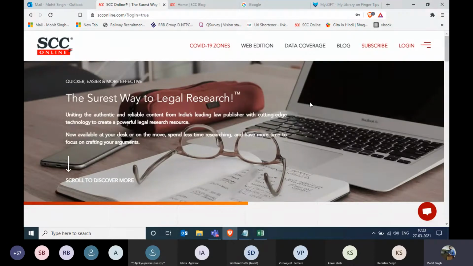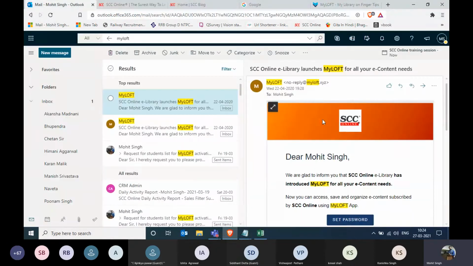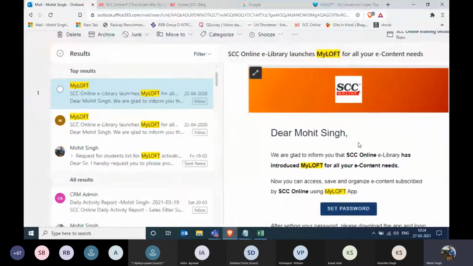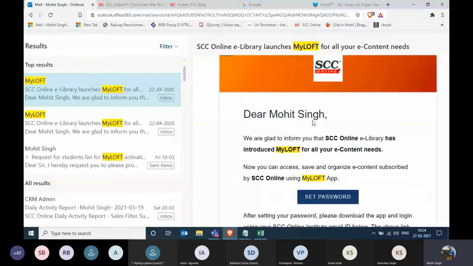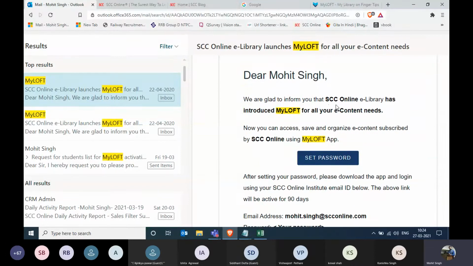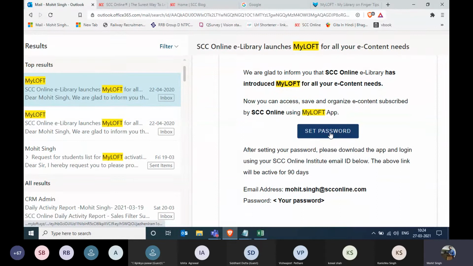First, let's talk about how can you reach this particular page? How can you visit SCC Online while being at home and do research at max? So first thing first, please do focus over here. In order to use SCC Online, you should receive an email, something like this. Dear, your name. We are glad to inform you that SCC Online has been added into your account, and then you can see there is an option for set password. You click on set password, and there you go.